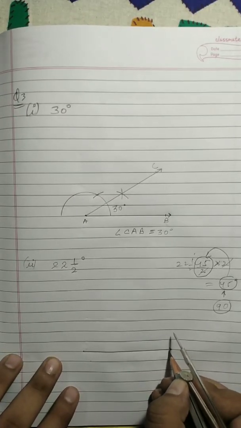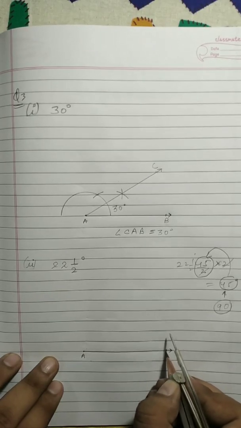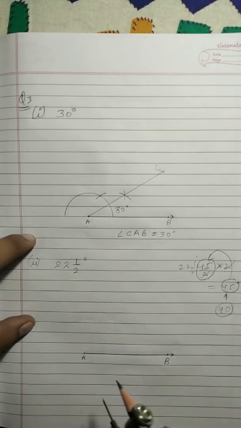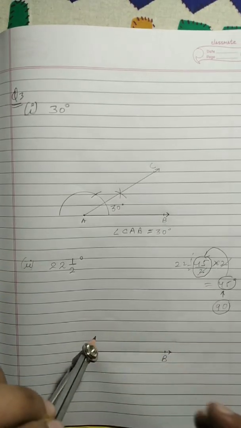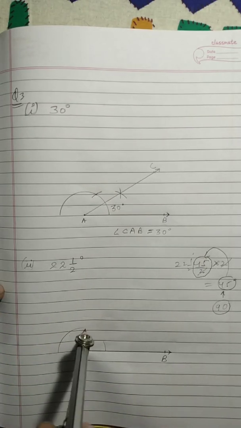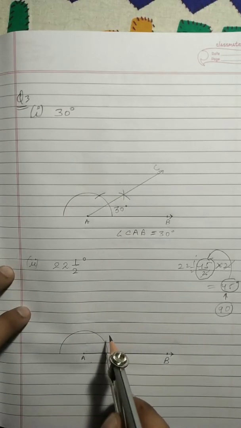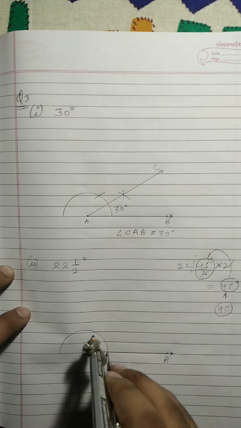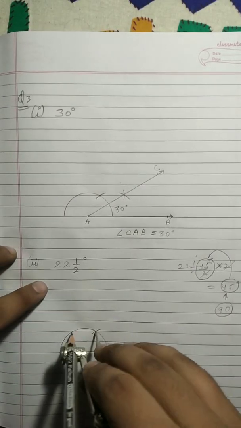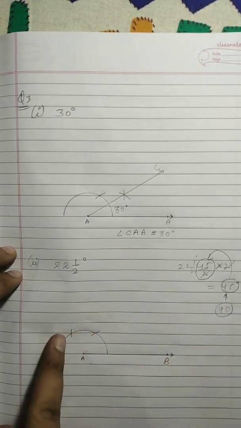So here again an arc, and here the point A, B. Now at A I am making 90. You also make that. So this is 90, means just 60 degree. Then the arc of 120 degree. See, 60 and 120 are very easy. If you want to make 120, make this double arc. This is 120.